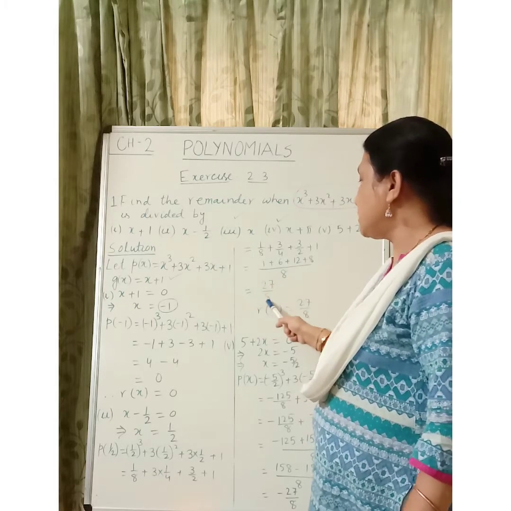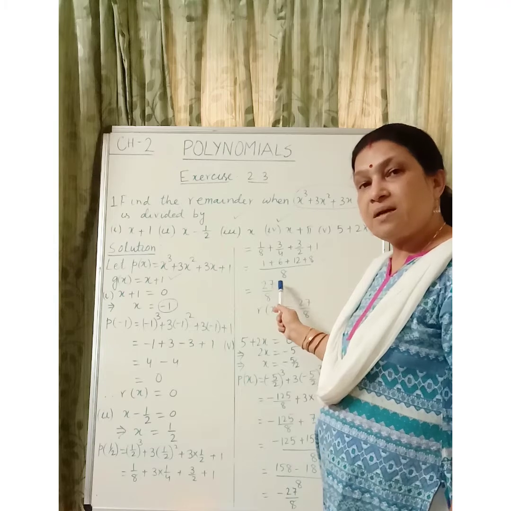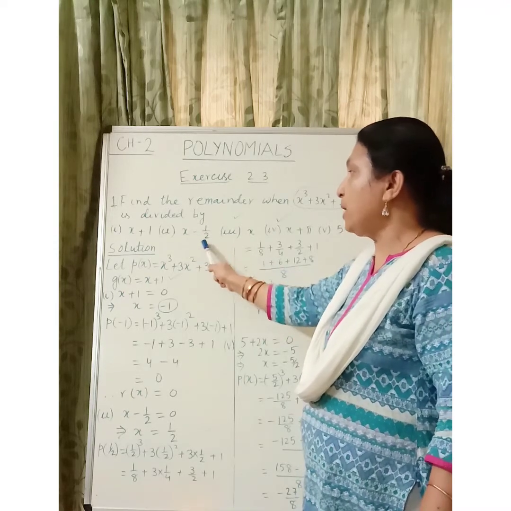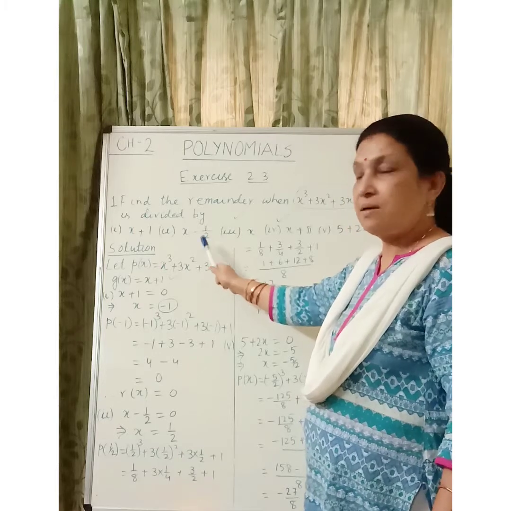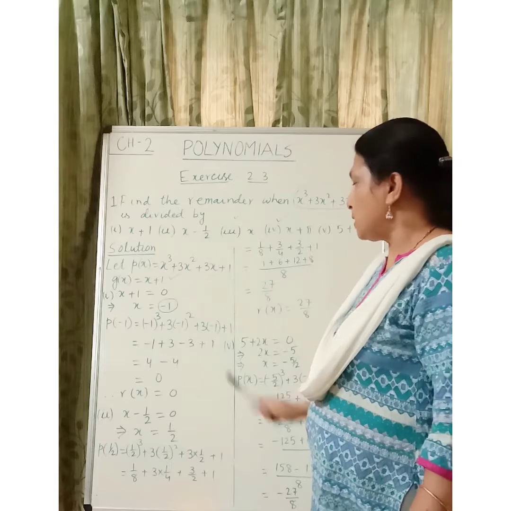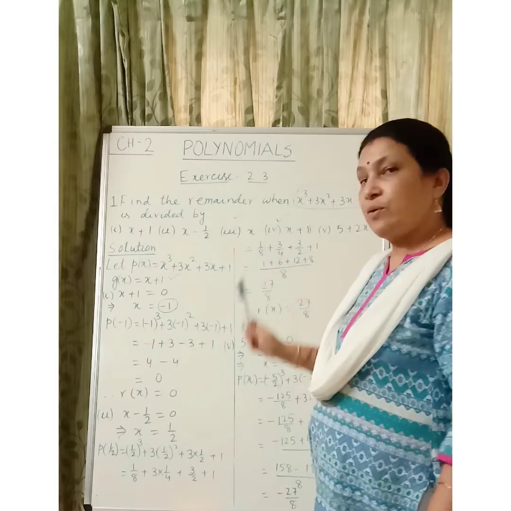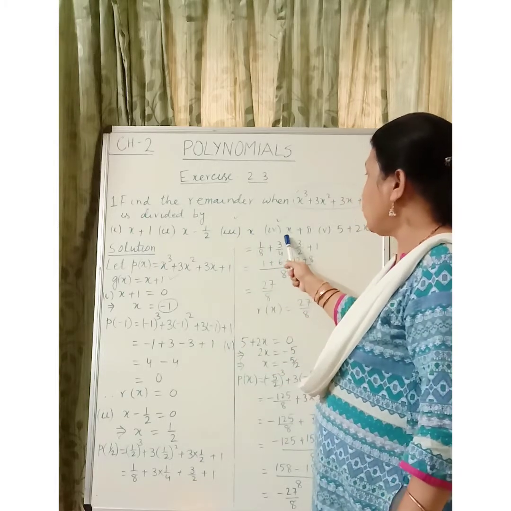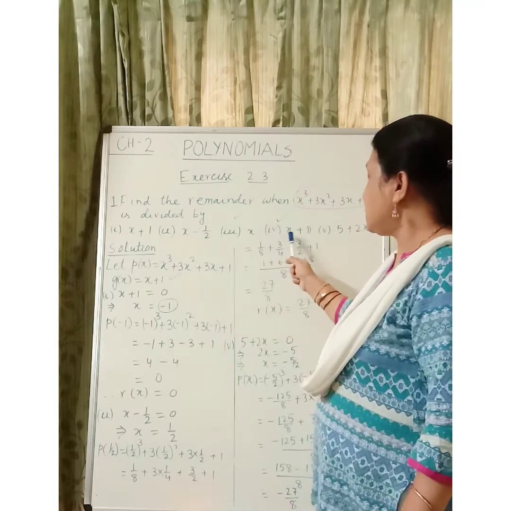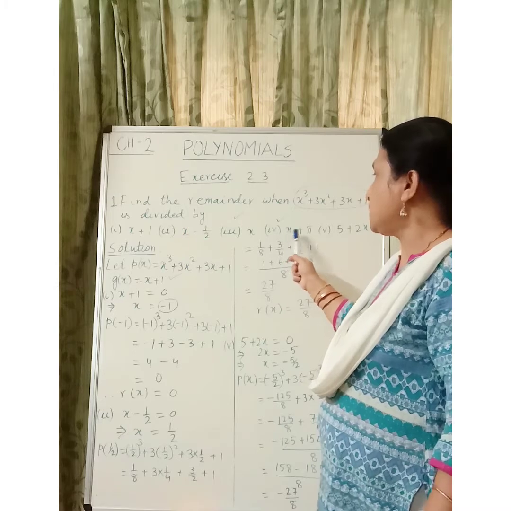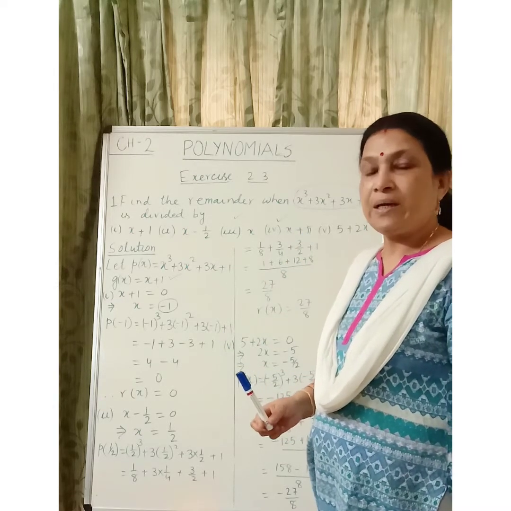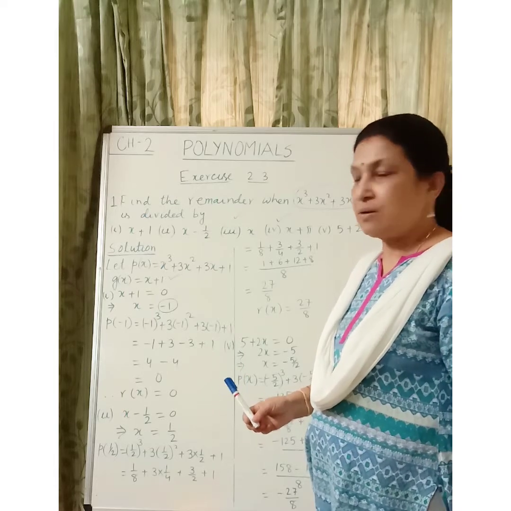So what is this 27 divided by 8? This is the remainder for the polynomial when we have x minus half as the divisor, or this polynomial is divided by x minus half. Now third part you can try out. Fourth part also you have to work out. For this fourth part you can see x plus pi. Pi value you can keep as pi. You need not simplify further.